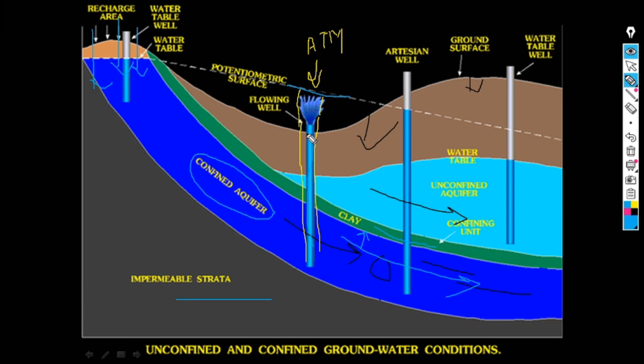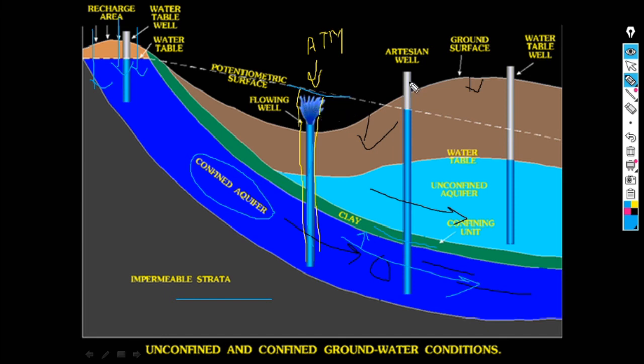So now, if mouth of your well is below this potentiometric or piezometric surface, it will be a flowing well. That the well will be flowing, the water will be coming out of this well, as it is coming from a very high pressure zone, right? So it is also called as flowing well. And this type of wells which are in confined aquifer are also called as artesian well. So this also is called as flowing artesian well.